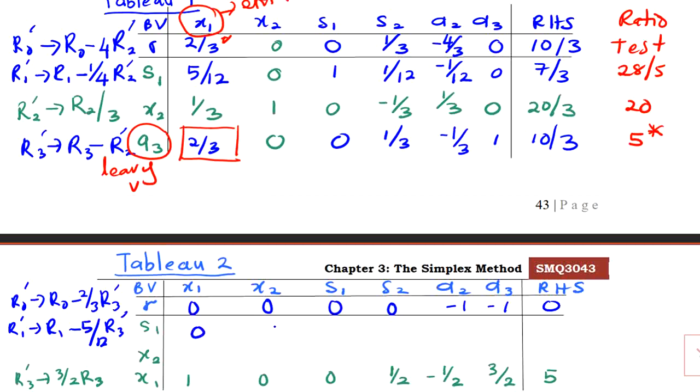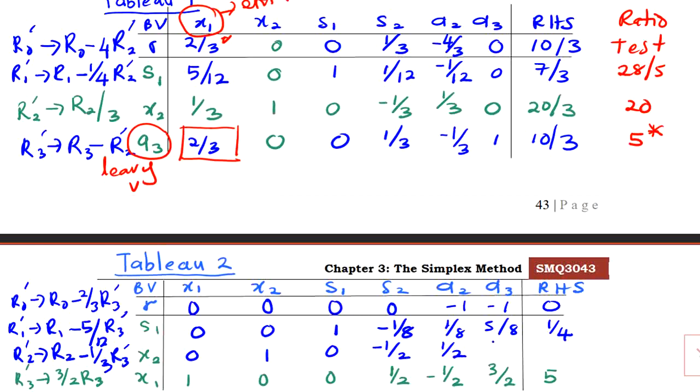So we get 0, 0, 1, -1/8, 1/8, 5/8, and 1/4. For row 2 new, row 2, row 3 new, so here 1/3, so -1/3. So we get 0, 1, 0, -1/2, 1/2,